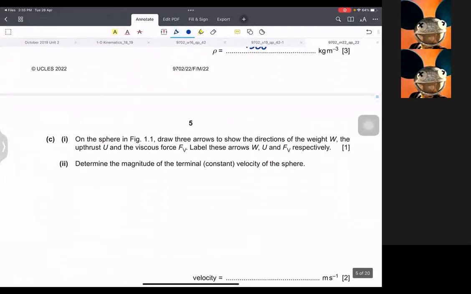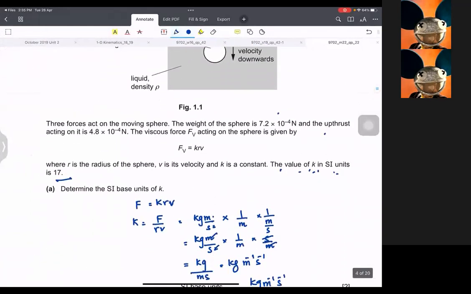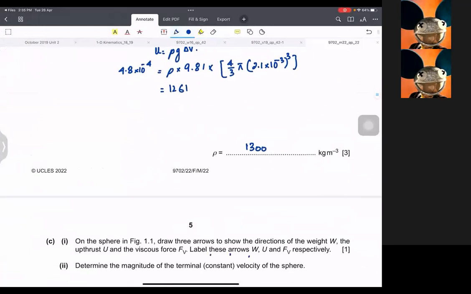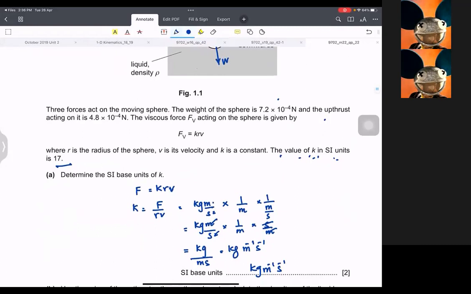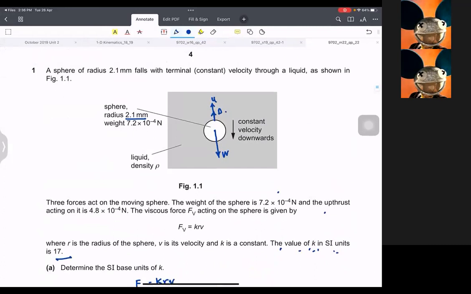Now, the next one, on the sphere, draw 3 arrows, show the direction of weight, upthrust, and F_D. And label these arrows. Weight always acts on the center. Upthrust and a small arrow for drag as well. Weight should be the largest one, then upthrust, and then drag. That's what you should remember. Did I write drag? I had to write